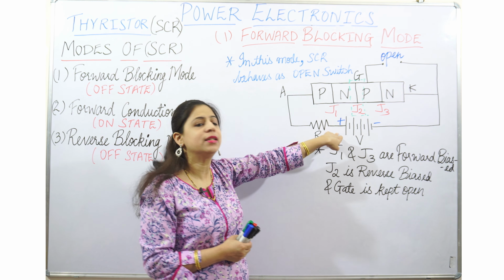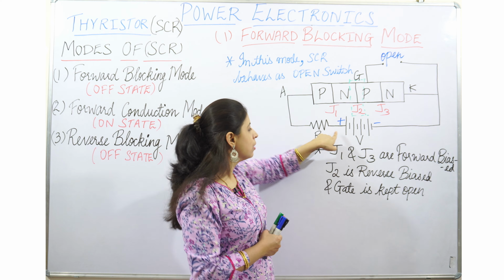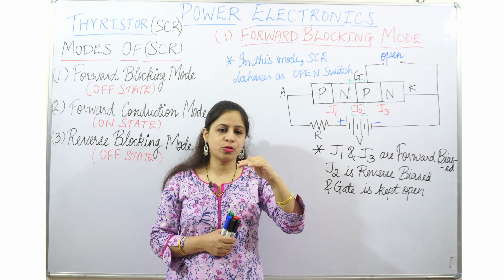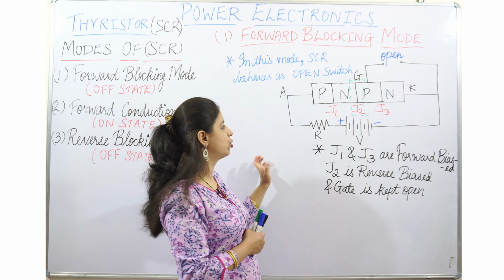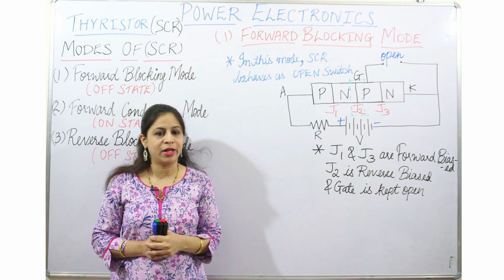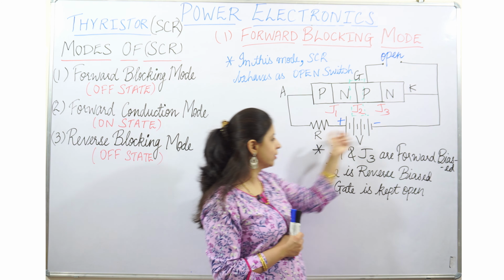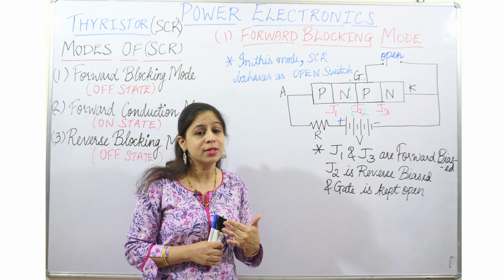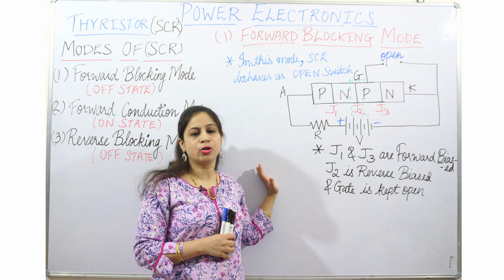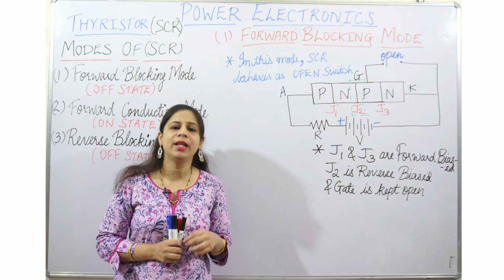As we go on increasing the voltage, the leakage current is still flowing through the circuit, but a voltage level comes which becomes greater than the forward breakover voltage. Then junction J2 breaks due to avalanche breakdown. When junction J2 breaks, heavy inrush current starts flowing from anode to cathode, completing the circuit, and the thyristor is brought to the on state. Initially it was in the off state because only the leakage current, very few milliamperes, was flowing.